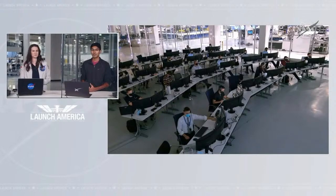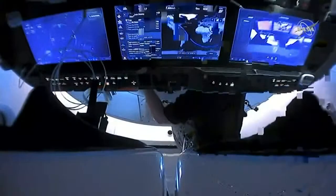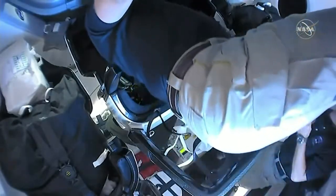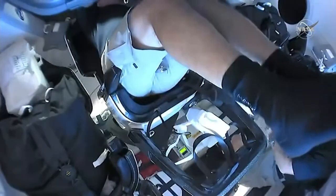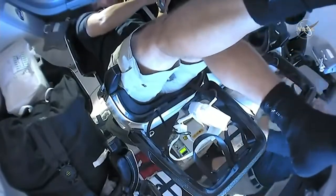Of course, during that process, there was also a leak check of the suits. Bob and Doug were suited up while we underwent vestibule depressurization, and they were also suited up when we did the first of the 2 departure burns. Before that, we'd had to do a little bit of reconfiguration on the vehicle. So we had the umbilicals retract. There's a couple of power and data umbilicals, basically electrical connections that connect the docking system and the Dragon spacecraft to the systems aboard the International Space Station. We stopped providing power through those, retracted those umbilicals, and then along the vestibule there's a set